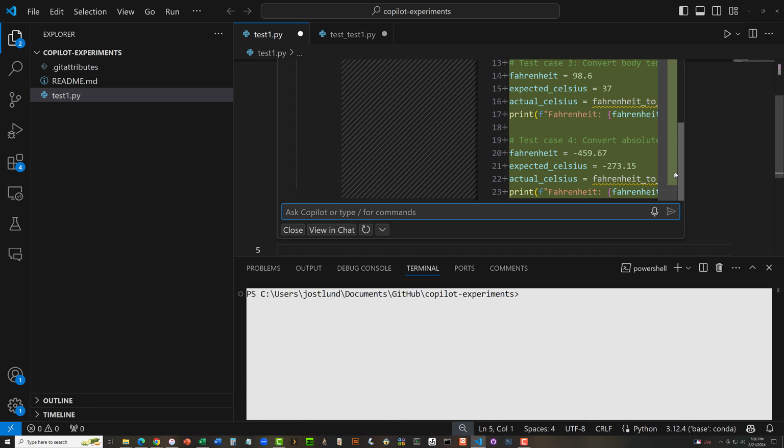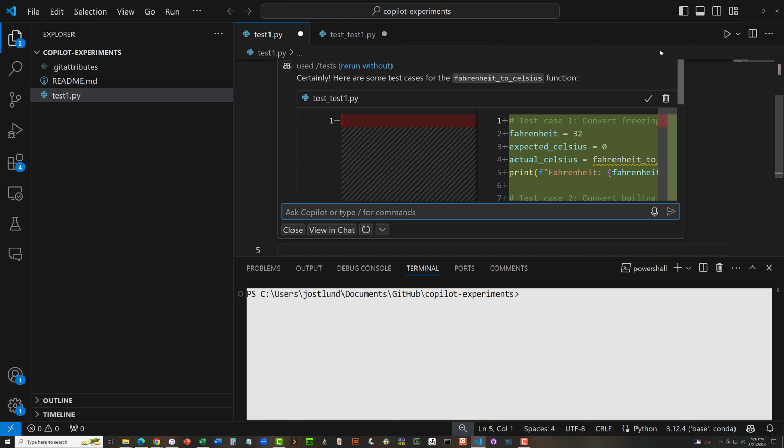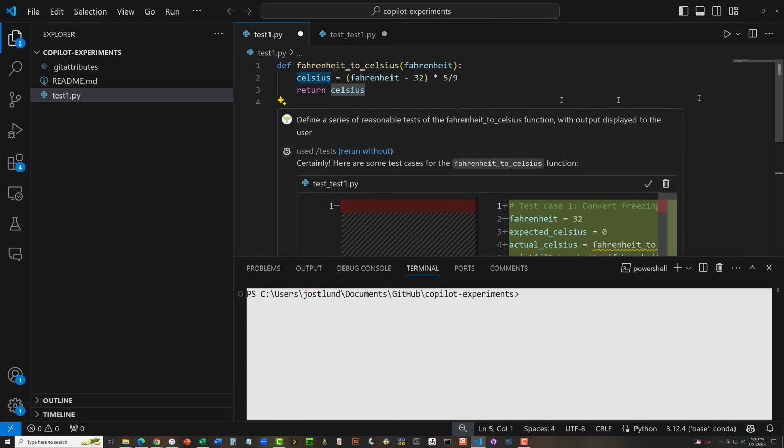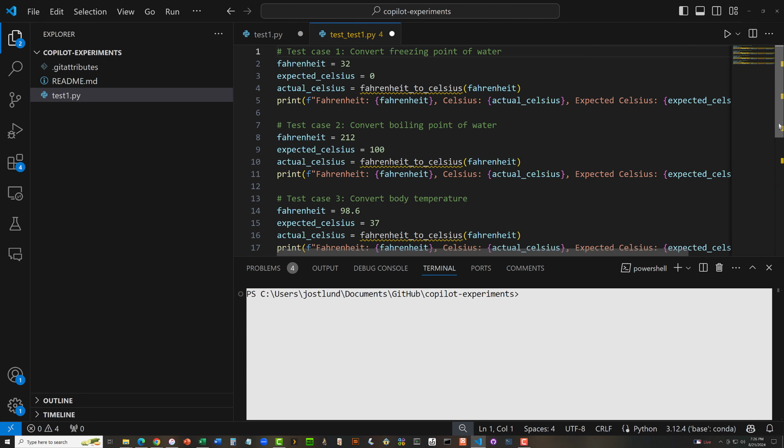Okay, well, that's Fahrenheit, expected Celsius, actual Celsius. Okay, I'll apply those edits. There we go. So this is a separate program,